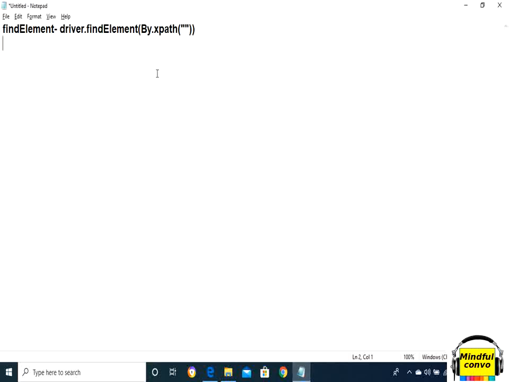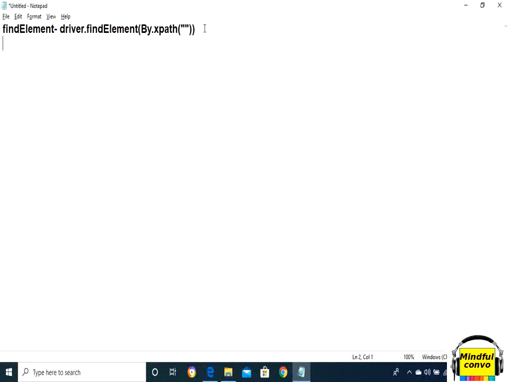Here By is the object passed as a parameter. Okay, and xpath is a type of locator that is used to find the web element uniquely.